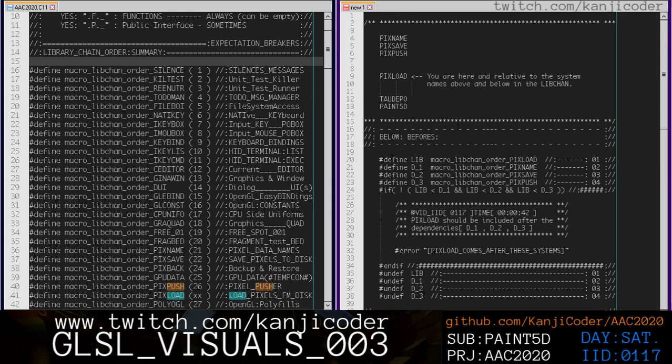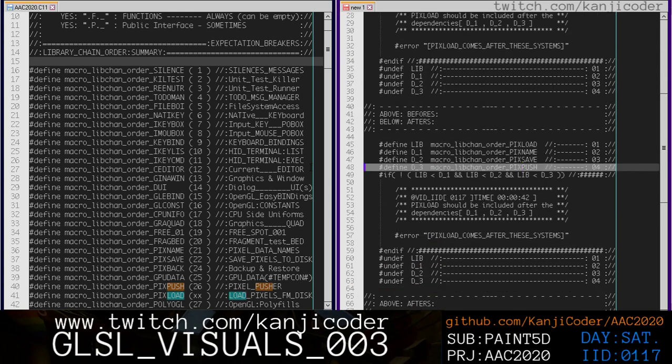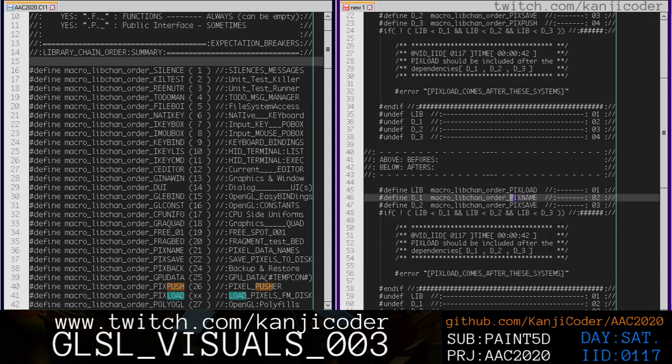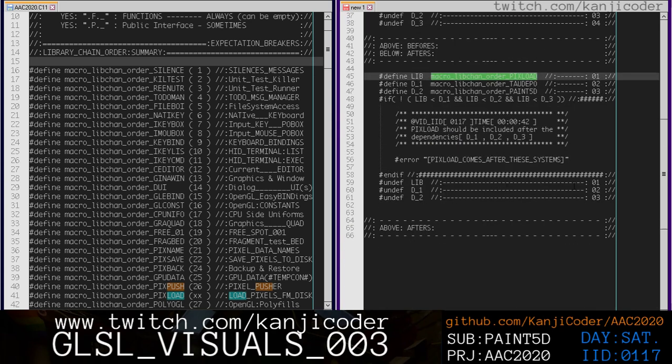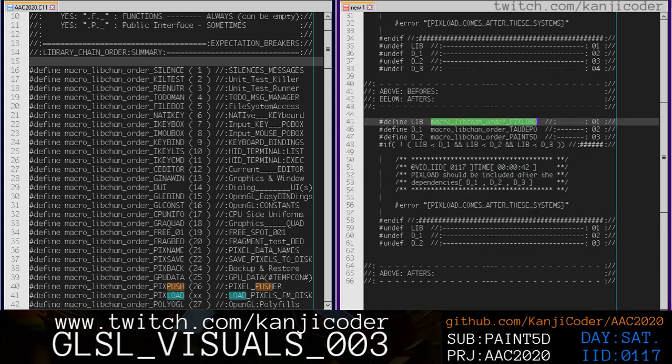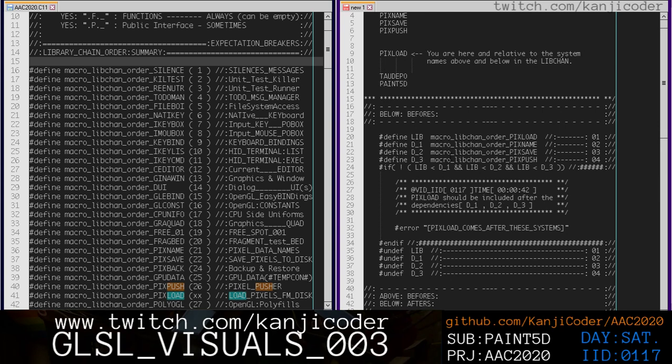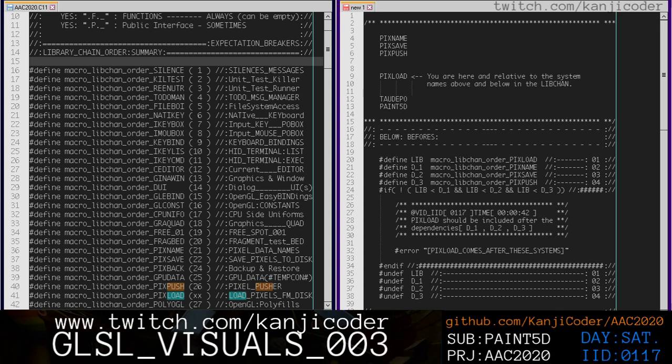And we only care about tau depot and PAINT5D at this point in time. So we have lib, and then we have tau depot, and then we have PAINT5D, and we just want this file to help spot check things. We don't really care about the precise setup, right? So hold on, let's,